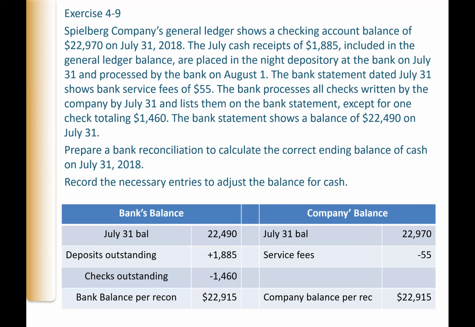So pertaining to the company's balance, we started at $22,970 and we'll subtract the service fees. Those service fees were on the bank statement, but the company has not recorded them. Look, guys, we balance. Our bank balance per reconciliation is $22,915. The company's balance per reconciliation is